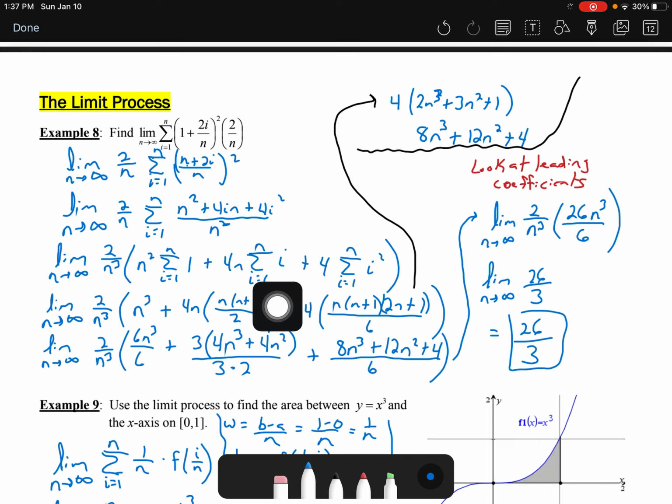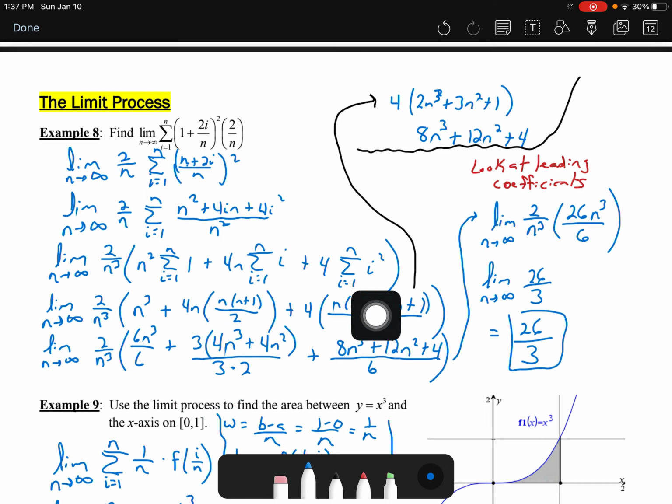Okay, this next one, the i, that's the n times n plus 1 over 2 formula, and then the 4n is going to be multiplied in front of that. And then the i squared formula was n times n plus 1 times 2n plus 1 over 6, and we have the 4 that's going to get multiplied there. Okay, now simplifying these,